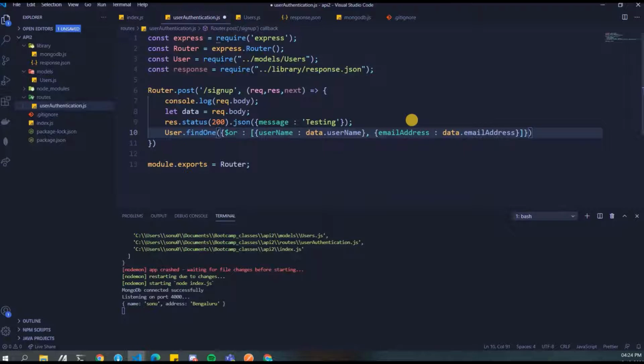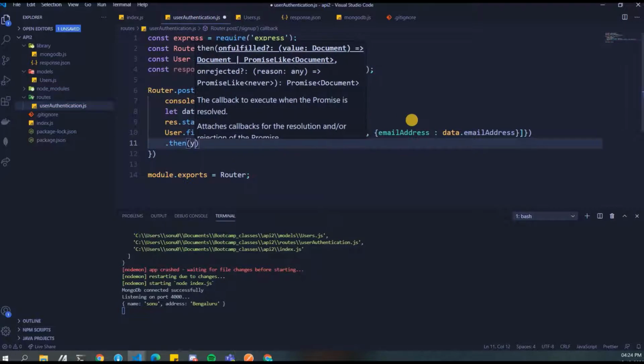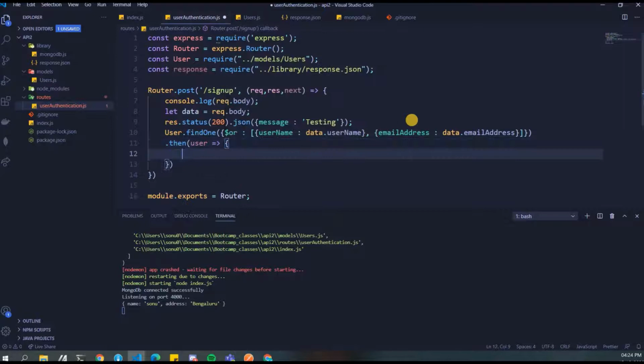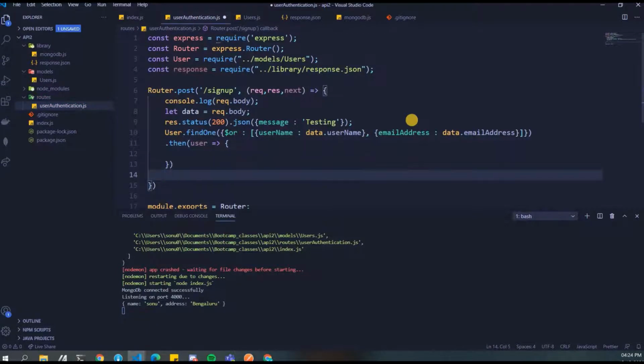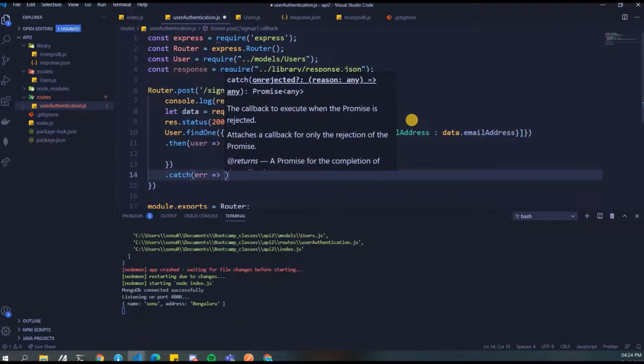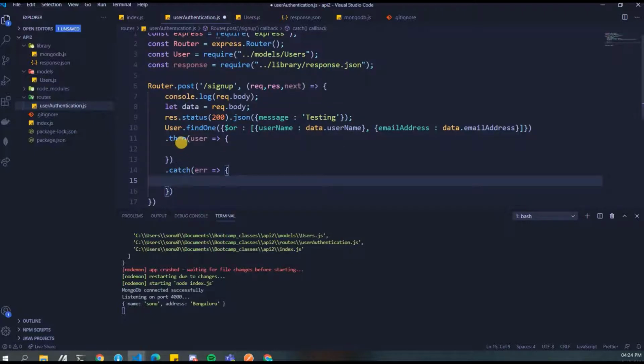If these two are the things, then what we need to do is dot then, we'll write user, okay, and then we'll do a catch. So this is another way of writing your promises. You write a dot then statement, and after that you write a dot catch statement to catch any kind of error that is popping up.